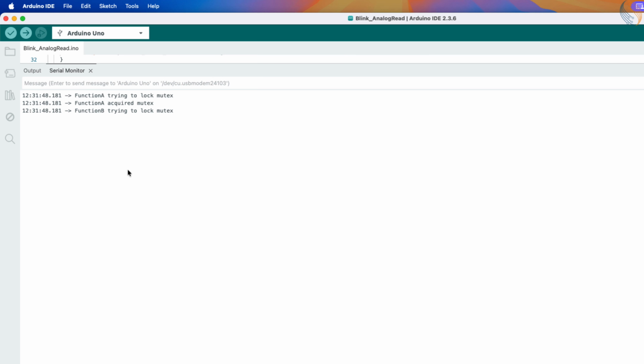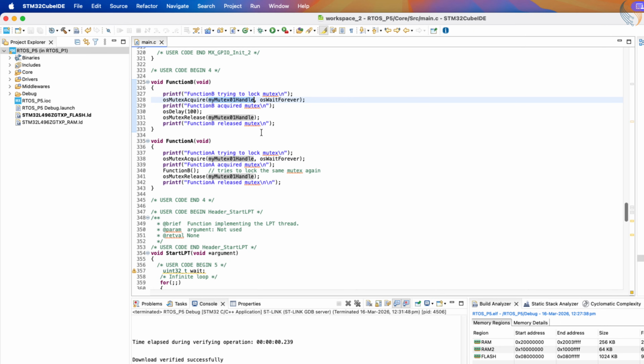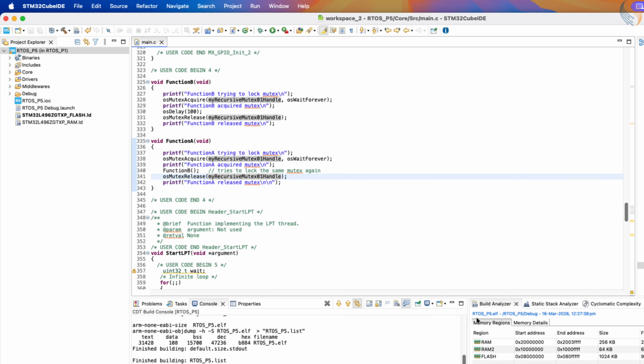The mutex is already held by the same task, and since a simple mutex has no awareness of which task is holding it, it simply blocks and waits forever. So we cannot acquire the same simple mutex again if it is already acquired by the same task. To solve this issue we have the recursive mutex. So now we will replace the simple mutex handle with the recursive mutex handle, and run the project again to